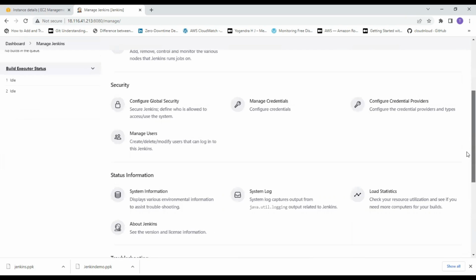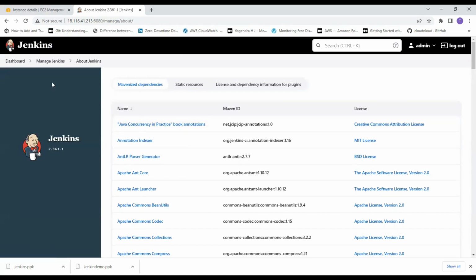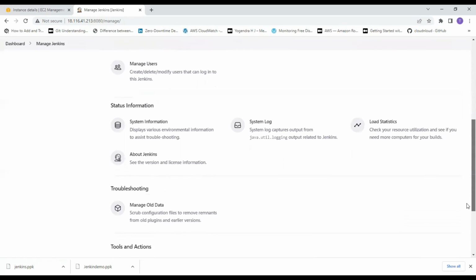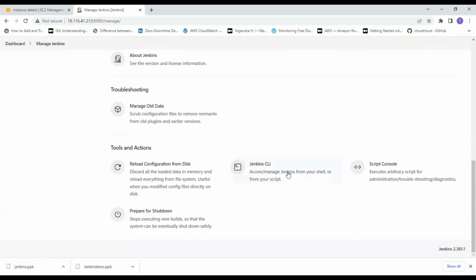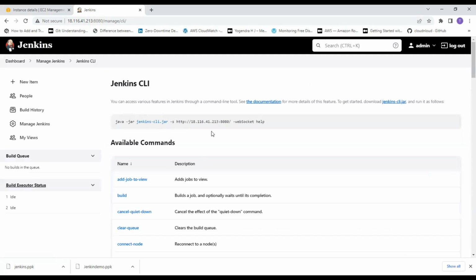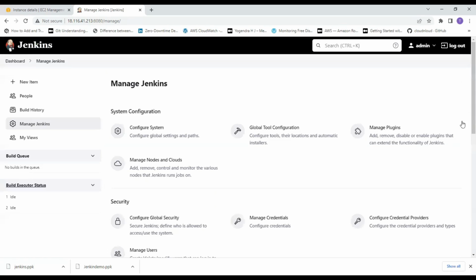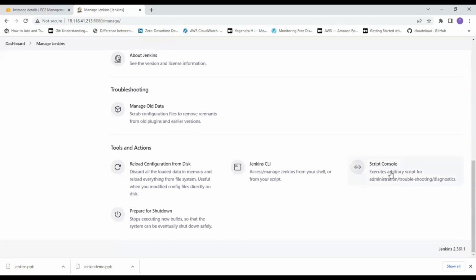So let's go down, and then you have something called about Jenkins. If you want to know something, you can do that. And let me scroll down more. Troubleshooting, and then you have something called Jenkins CLI, where you can basically access and manage Jenkins from your shell. So let's click that. The window gets opened. You need to install this, and it will then start. Let's go to this again, and then you have something called a